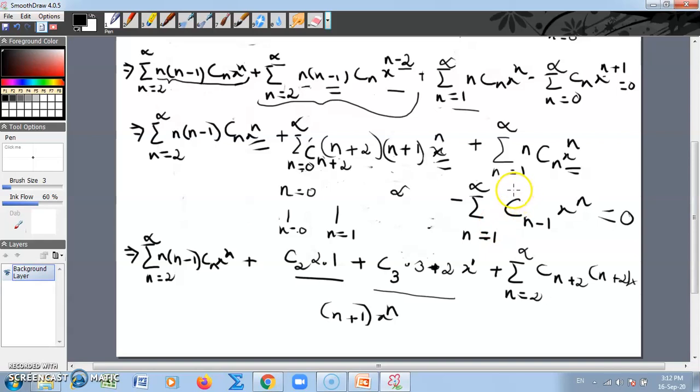Here we can do one thing. We can take the summation as going from, first we put n is equal to 1. So what do I get? Plus n is equal to 1. When I put it here, this is 1 into C1 into x to the power 1, which is just x. So what will remain? The remaining starts from n is equal to 2, n is equal to 2 to infinity, n Cn x to the power